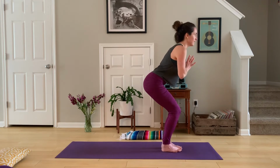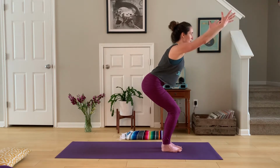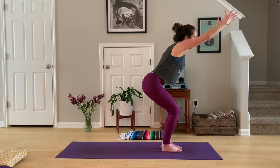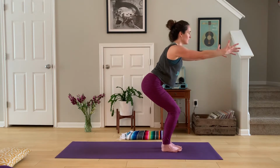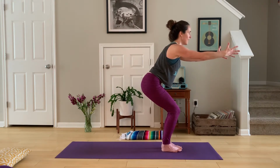From here, hands can stay at heart center. Maybe they move forward in line with your shoulders. Maybe they move up, as long as the shoulders don't crank up into the ears. We want a lot of length between our ears and our shoulders. Draw the navel back towards the spine. And bring the front of the hips towards the rib cage, tucking the tailbone, keeping the lower back long and